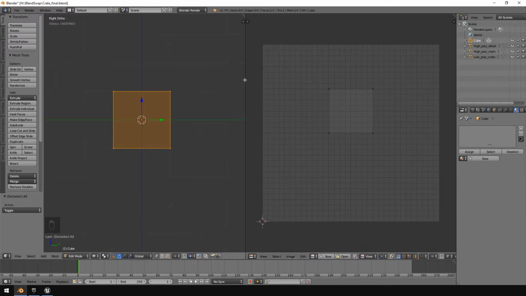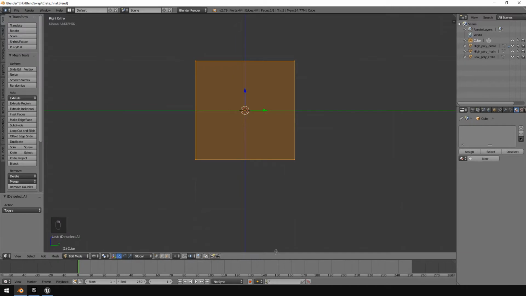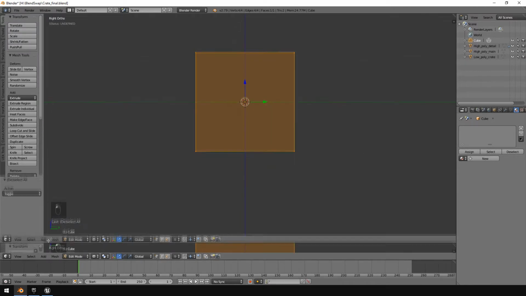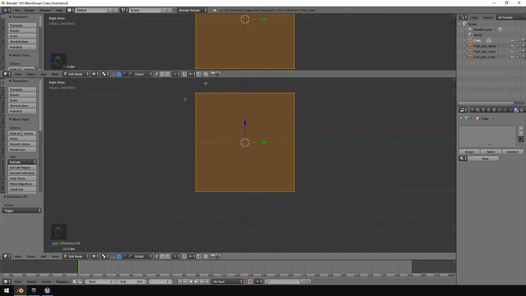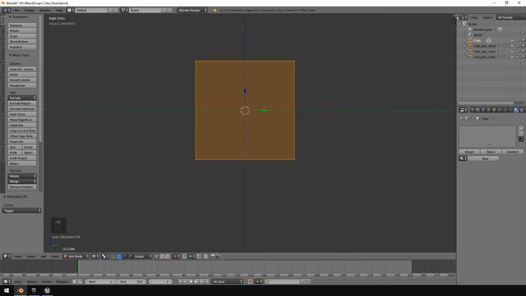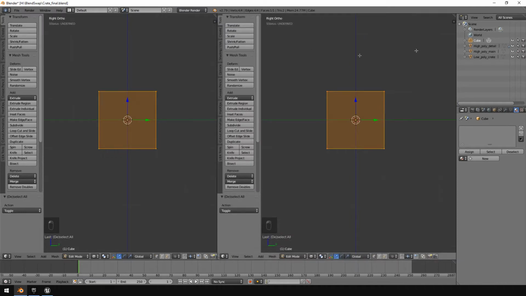There's another way to do this as well. So let's just join these areas together. If you just click here and drag, you can do the same by splitting off the two areas. Or click here and drag. There we go. So if your mouse cursor doesn't change, you can always just click and drag over there and